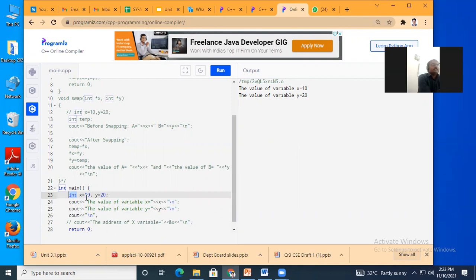For integer it depends on your system, it may be either 2 bytes or 4 bytes. Okay, but if you check with this online compiler, with the help of sizeof operator, it will give you 4 bytes.